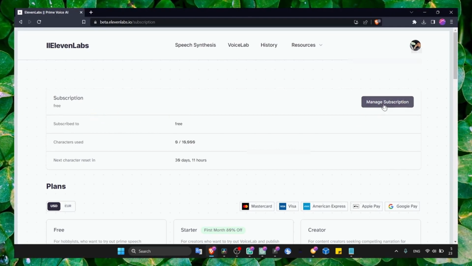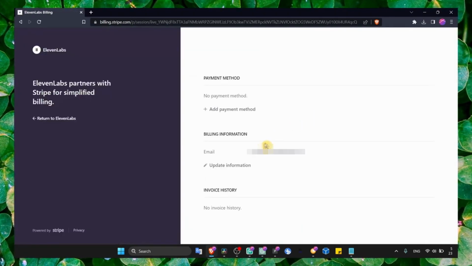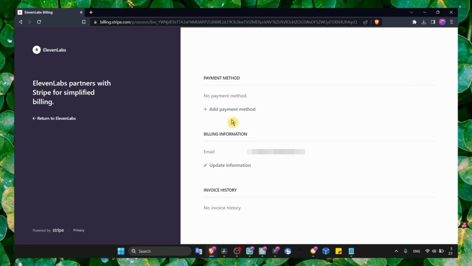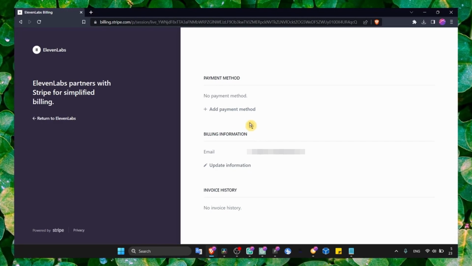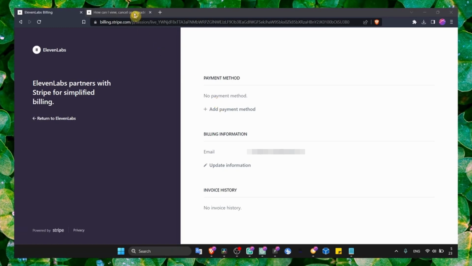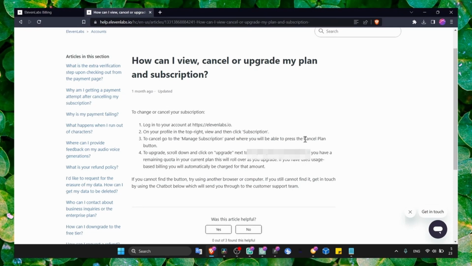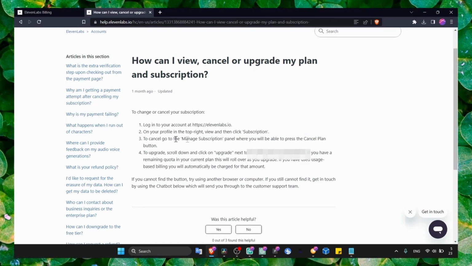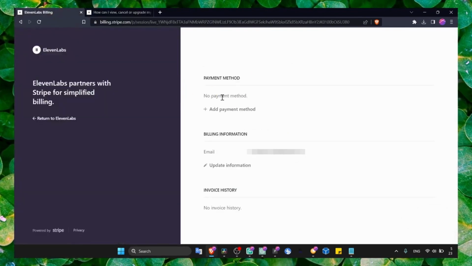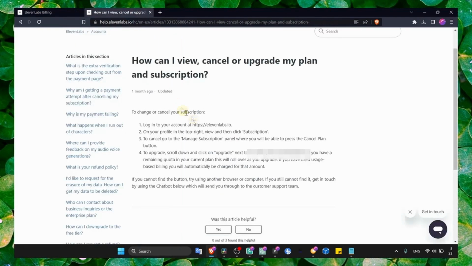Then you just have to click on manage subscription, and here what you can do is update your payment method and invoice history. You also have this option here, and it's very simple. Now from here you'll be able to click on cancel subscription. As you can see here, you're going to be able to click on the cancel plan button, and that's the button you should see here. I have the free plan, sorry, but yeah, if you have the paid version,